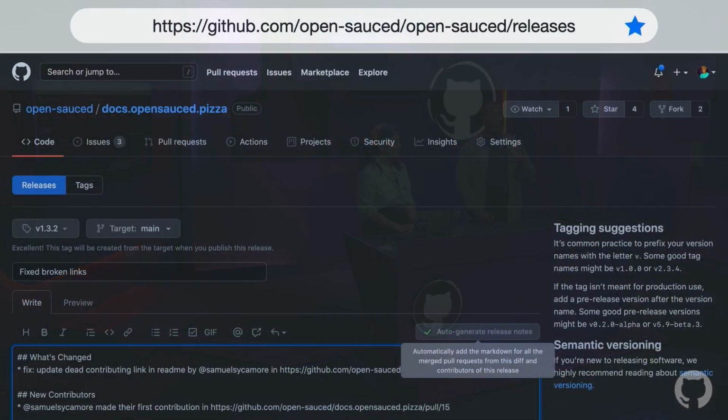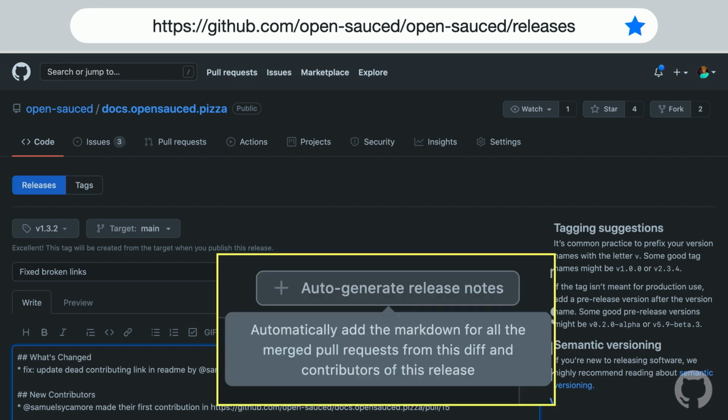If you've ever done any release notes, I highly recommend it. I have so many contributions and contributors who have context of where the project came from and how we got here through the changelog. So definitely check it out. There's that button right there. You can also power this through GitHub Actions. Just check out the docs on that as well.